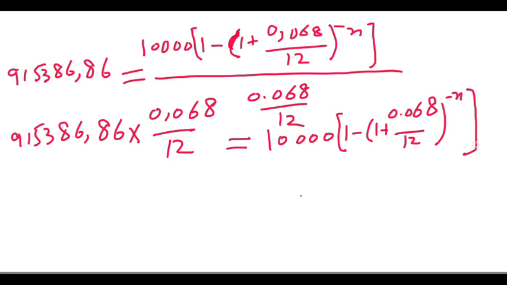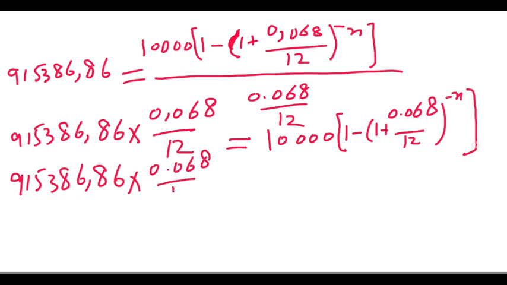Now this 10,000 is a multiplication form, and I switch over to the left-hand side, it becomes division form. Don't solve anything yet. At the last you're going to solve everything. So this is going to be 915,386 multiplied by 0.068 over 12, divided by 10,000 equals